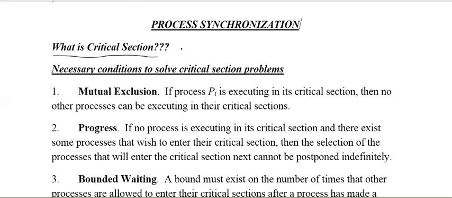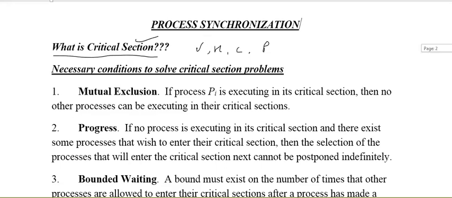Critical section is any resource which is shared by two or more processes. It can be any variable, it can be any hardware, it can be segment of code, it can be the whole program. Anything which is in sharing mode between two or more processes is known as critical section. We are dealing with critical section because this is the section where you need to focus or emphasize more to avoid any kind of errors.